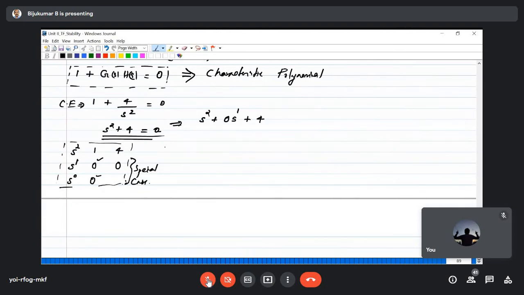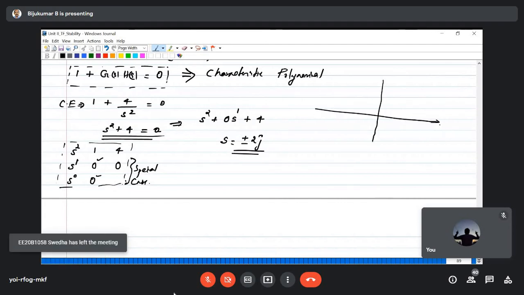Okay. Now, from this, can you find out the poles? From the characteristic polynomial? Yeah, s is equal to plus or minus 2j. We have two poles and both poles are located on the j omega axis. Right? So this is imaginary. This is the real part. So if I locate these poles,